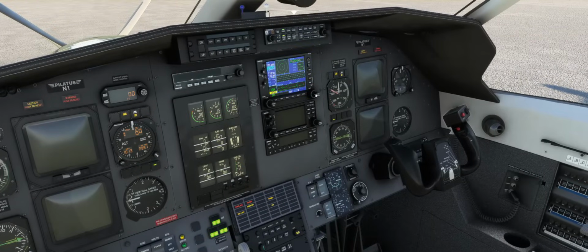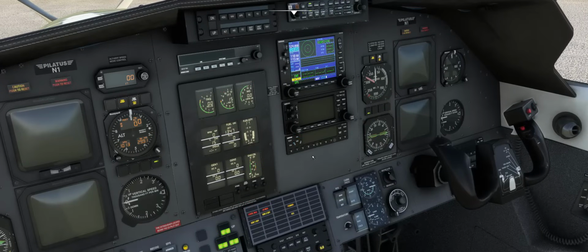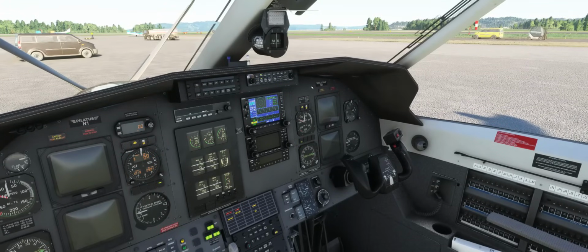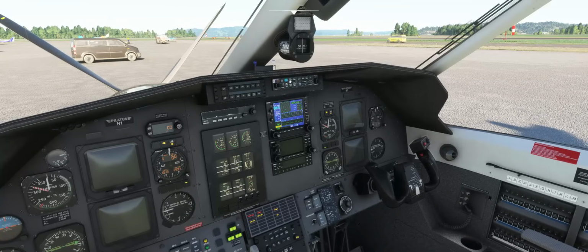Initialize our 530 up here. Our transponder would probably come on in the real airplane. So they don't have that on the standby bus, but anyway, no biggie. We'll reset these guys. Turn on COM2 here,